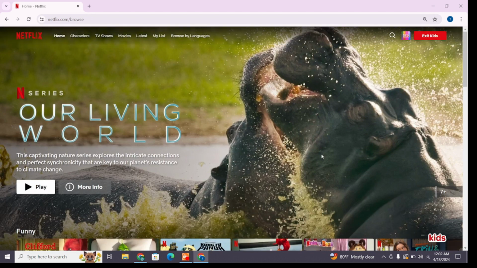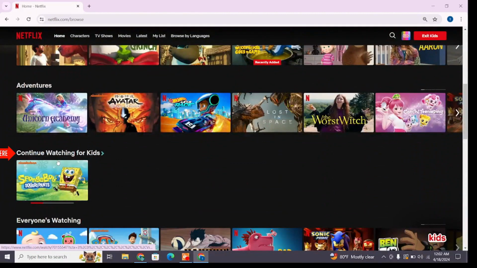Once you reach this interface, scroll down until you find this continue watching option. Netflix will categorize those movies on this continue watching list if you have watched this movie on Netflix before and you haven't completed it. So now if you want to remove this, you just simply have to hover your cursor